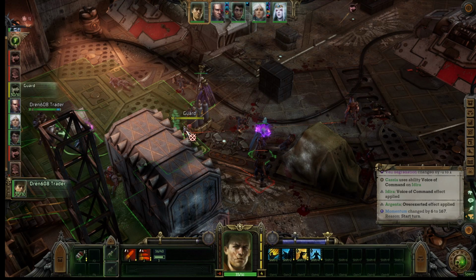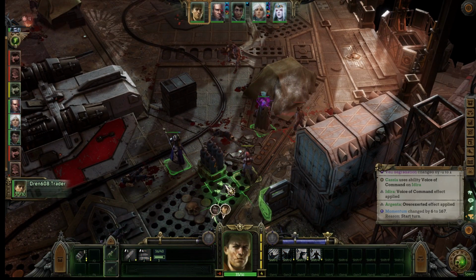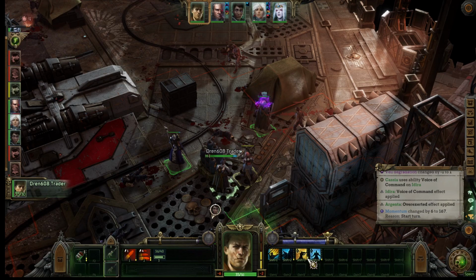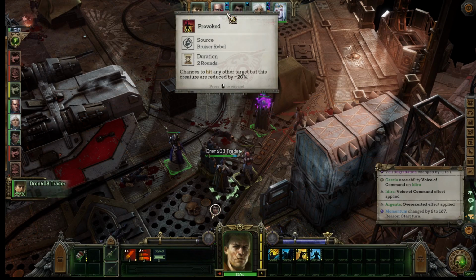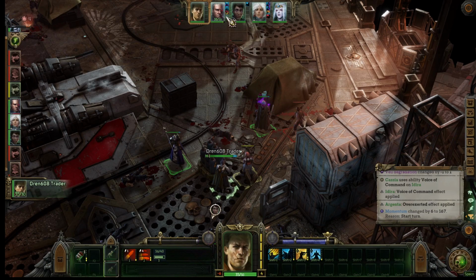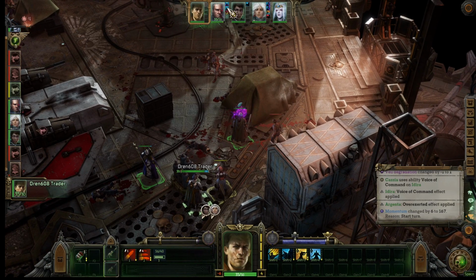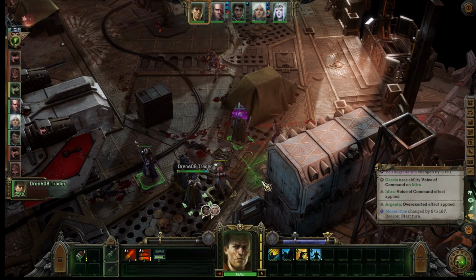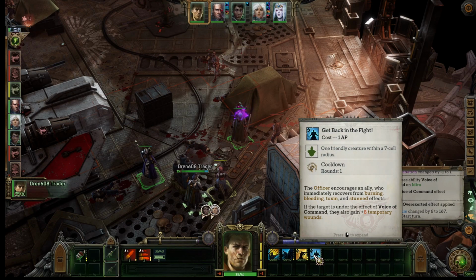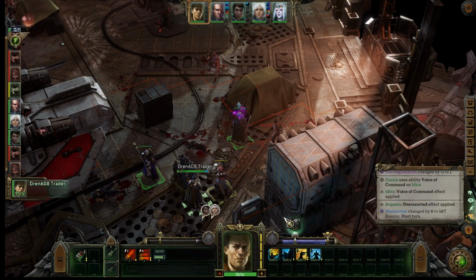I'm going to try and get this guy. I'm going to move to here, ready for whatever comes. He has all sorts of stuff on him. Reduced by 20%, but I can't stop provoked. So...